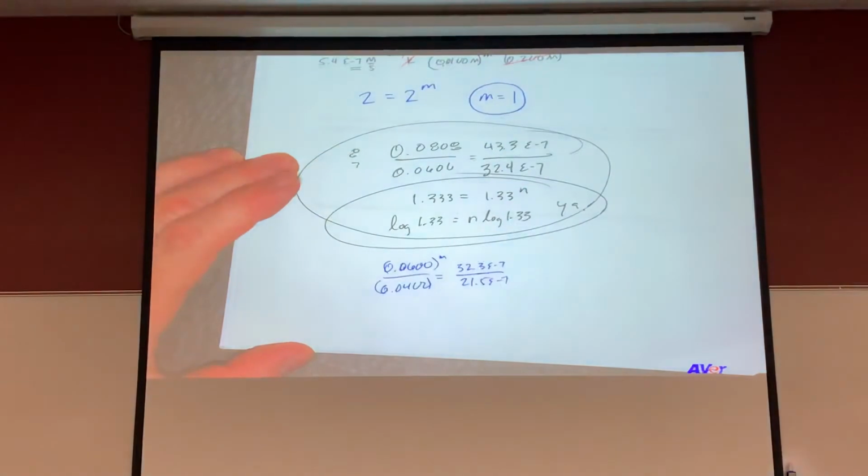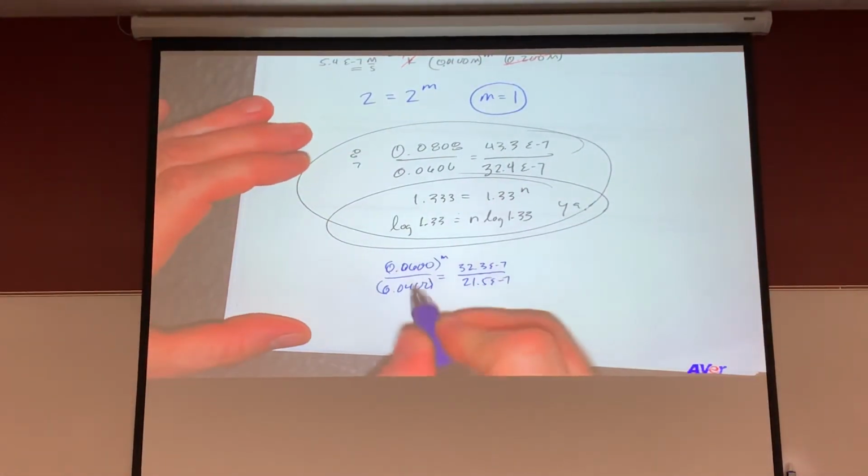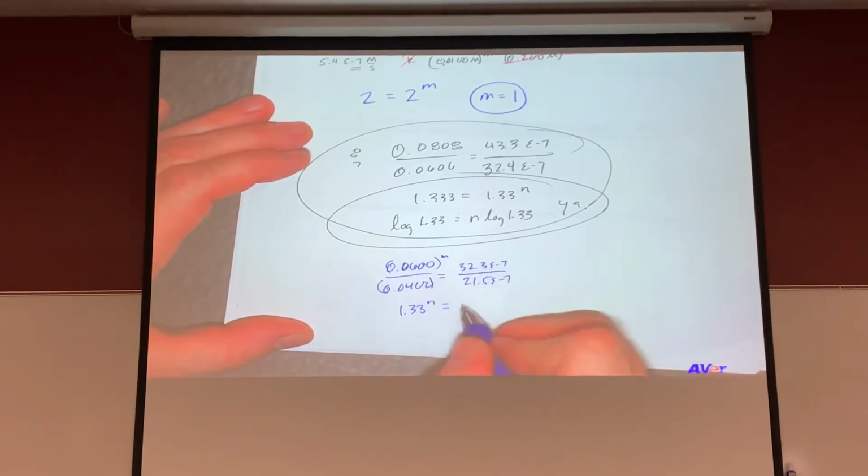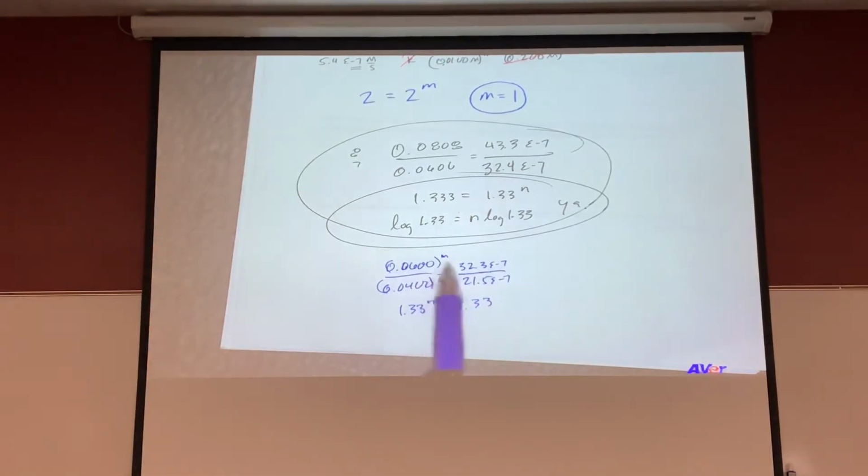Yes, but so here, I flipped these ones. This one is going to be 1.33, and then this thing is going to be 1.33 as well. So it's not that the n or the m is equal to 1.33. You're trying to figure out the value of m based on this one. So divide this, 1.33. Divide this, 1.33. Correct. Question is, what do you raise 1.33 to get 1.33? The answer is 1.